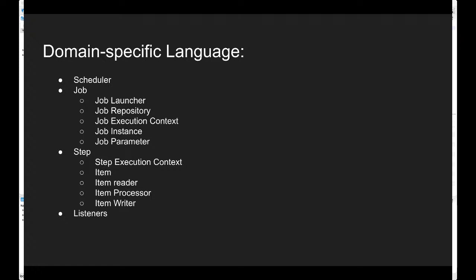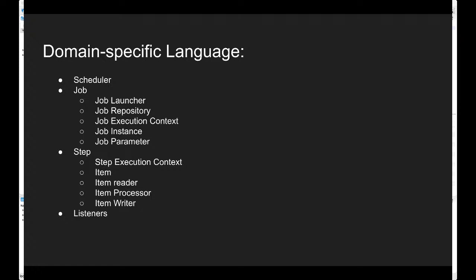Okay, that is what a job is. It starts and finishes without any interruption. There are some qualities, or I would say attributes, of a job, like its restartability. Let's say we want to restart our job in case it got interrupted. There are some features which we can configure according to our need.